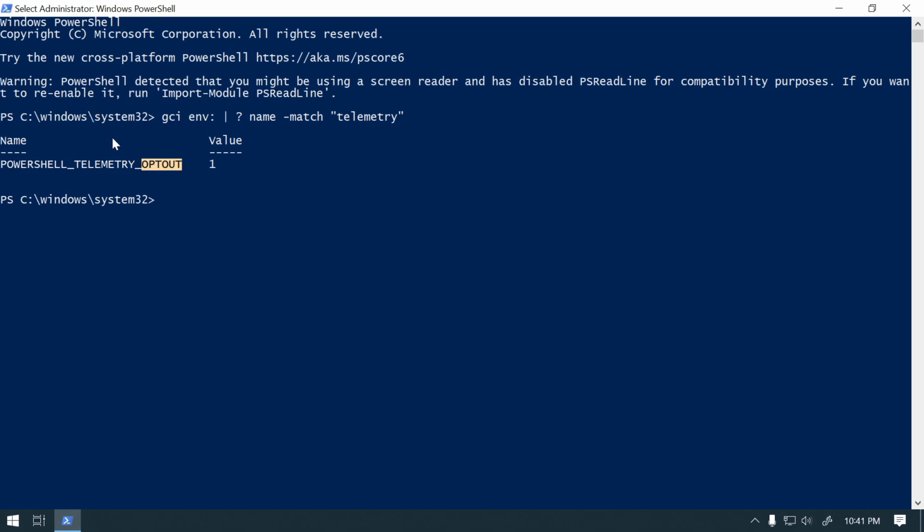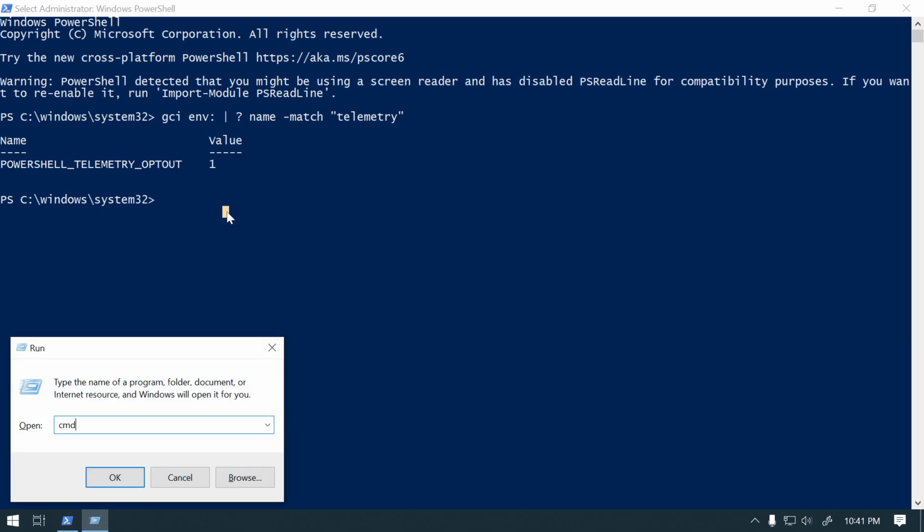And same thing with the .NET one. As you can see, I don't have an opt-out one for the .NET CLI. So I guess that's what I'm going to do today, is to turn that on. Now, what I'll do also is, just to show,